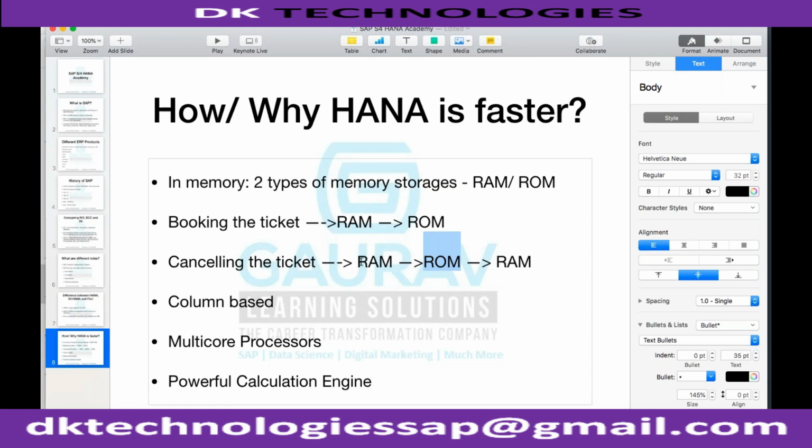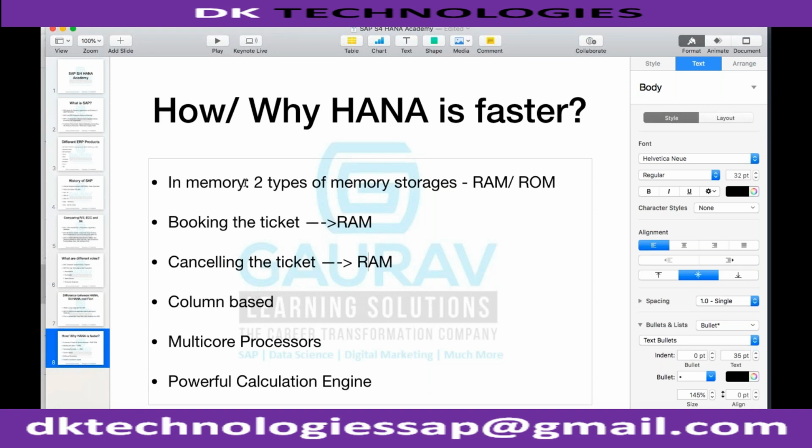So what is the solution? What SAP said is, let's remove this from the picture. Okay, I'm not saying the hard disk is not available in SAP HANA. I will come to that point. But what is going to happen now is this control may not be required. When you are booking the ticket, RAM itself will process the data and data will be stored in RAM itself. When you are canceling the ticket, again the RAM will process the data and the data will be extracted from the RAM itself. So your transaction processing and your execution will become faster because you are no more dependent on ROM for each and every transaction,